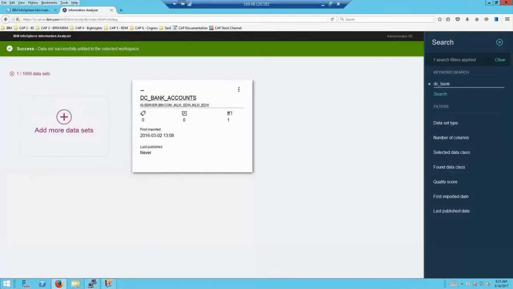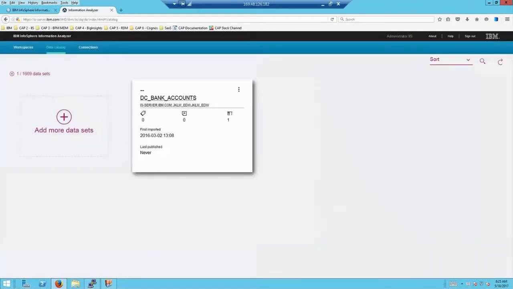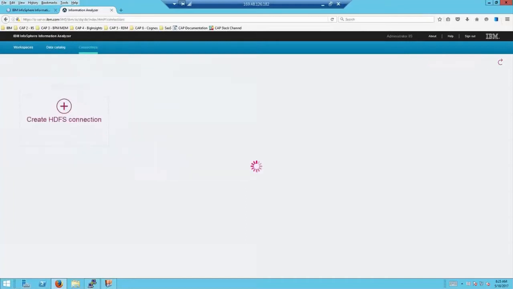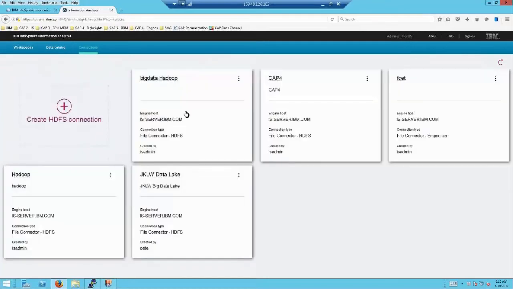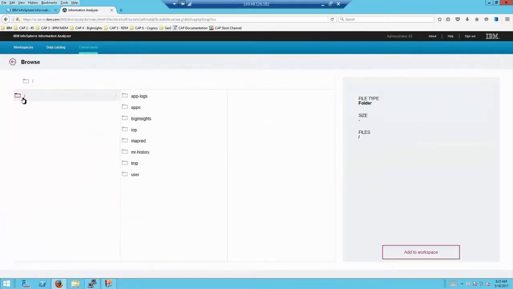So 2 methods: browse a local file system, found a file, onboarded it, and in this case I searched my catalog, found a second data set, onboarded it into that project. And remember, the last thing I wanted to do is add some files or data sets to my relationship workspace. For that, I'm going to go to my Big Insights environment. In very similar paradigm, exact paradigm, I'm going to browse through my